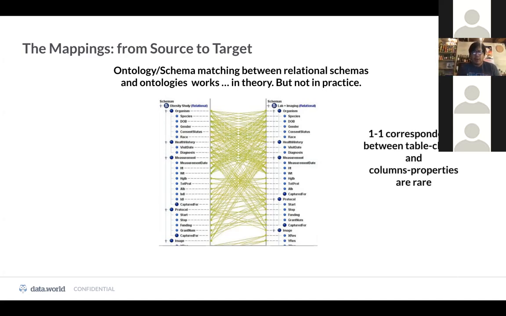So why is this? Because a lot of the work that has been done in this area has been to automate, assuming that you're always doing a one-to-one correspondence. Oh, there's this table here, and there's this concept here. Let's call it order. A table called order is mapped to a concept order. Right? Or maybe, oh, there's F name in the source and I have first name and last name. Oh, probably F name means first name and so forth. Those types of mappings are actually pretty rare in practice.